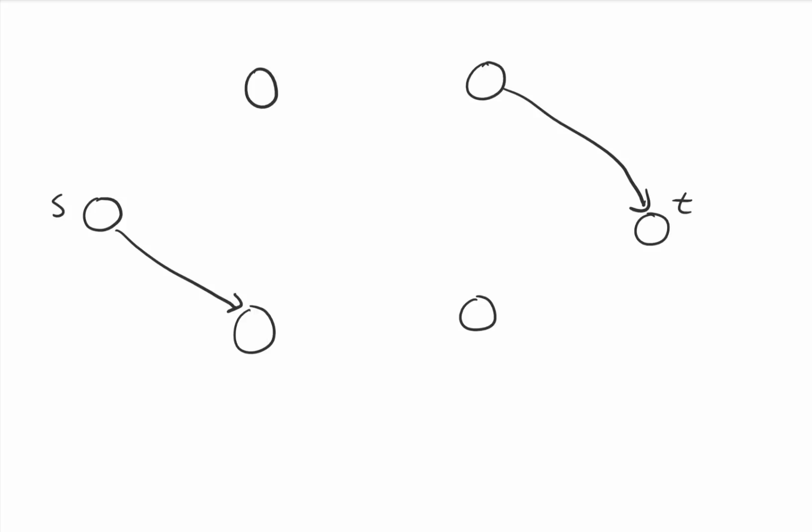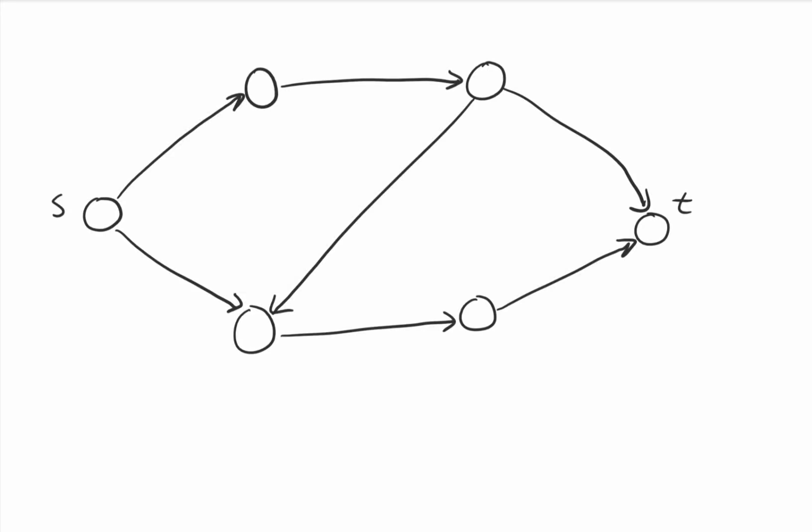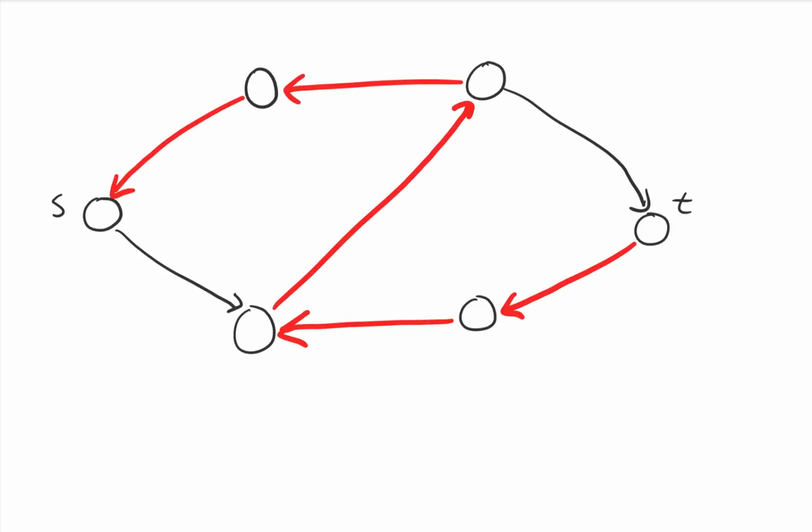Instead of just removing the edges, we could try something different. And so the something different is, instead of removing the edges, let's just reverse the edges whenever we find the answer. Okay, so once again, we're going to find this path right here, and let's just reverse the edges that we found. So what you see here is we've found some path, and then we reverse some edges in the graph, and we end up getting a new graph. And we could just add one as we found one extra path.